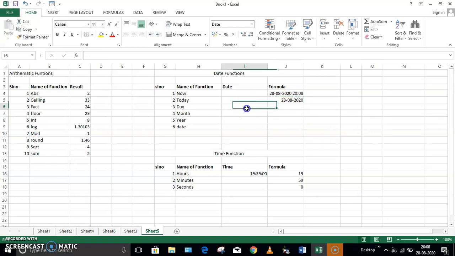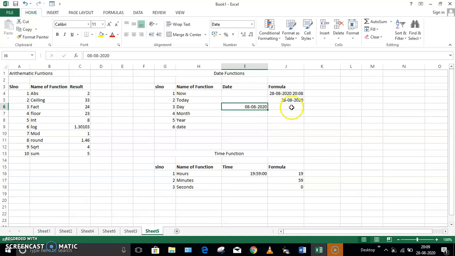Okay, imagine here I'll give some date. I'll write the same date, that is today's date, so that it will be easy for you to understand. 2020. Okay, so now in this particular date, I wanted to know what is the day. I don't know what is the format in which the date is being displayed. I wanted to know the day particularly when your date and month are the same. For example, here I'll write 08/08/2020. Here I don't know which is the month and which is the day.